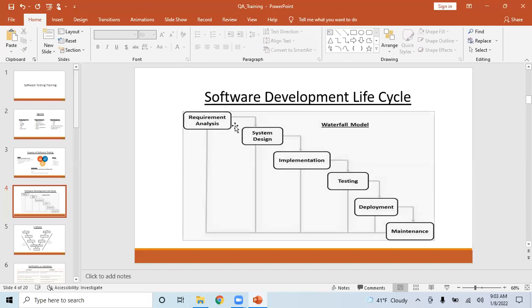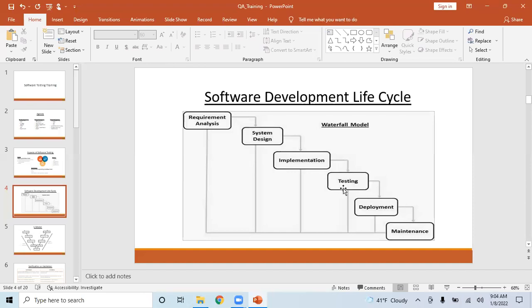The business analyst will document the requirements properly. It's not the tester's job to document the requirements. The tester's job is to understand what the customer wants and verify whether the business analyst has documented it correctly. So those things can be done by the tester, but here the major role is played by the business analyst or product owner, and the supporting role will be played by a tester.